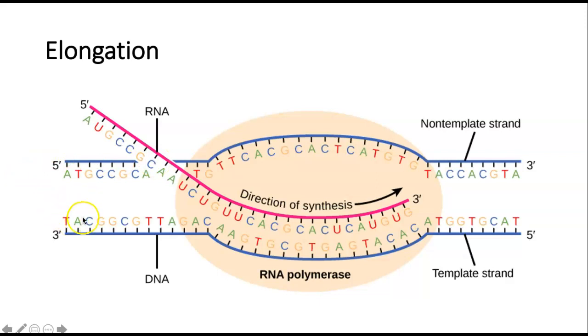So take a look. This is TACGG. Okay, that's the start of that template strand. And on the non-template strand, we have, of course, ATGCC. Now, on the mRNA, we should have the same thing, except wherever that T is, there should be a U, and we do. We find a U instead of T, G, C, C, and so on and so forth. And so you're all pretty familiar with this by now, I think, where the A's and the T's go together in DNA, the A's and the U's go together in RNA, and G's and C's go together all the time. So that's elongation, where we're just continuing on the synthesis of our RNA.